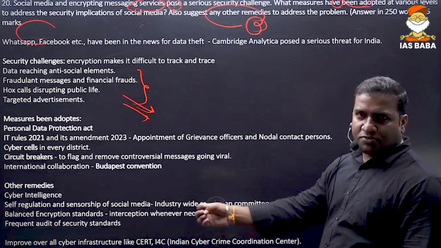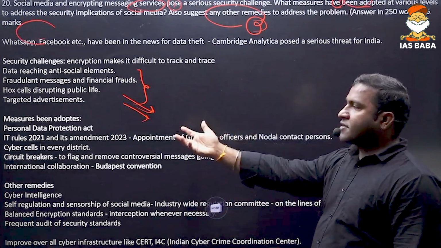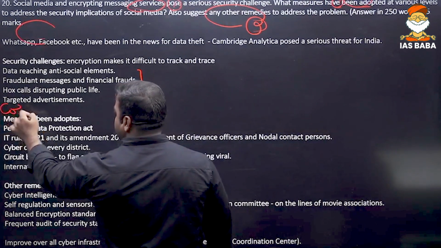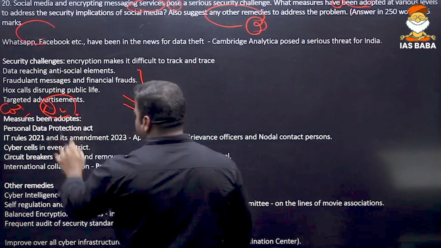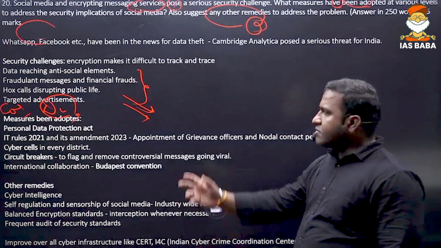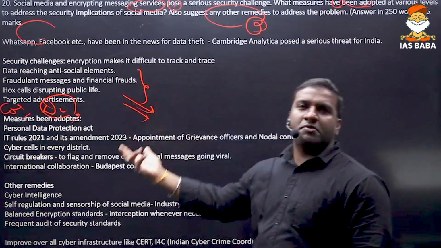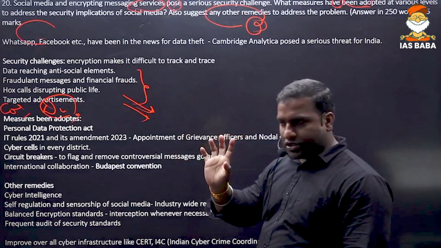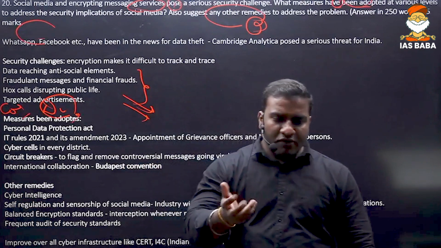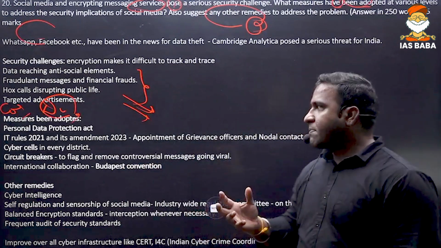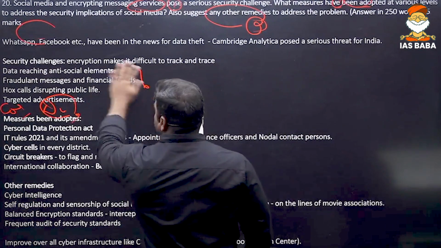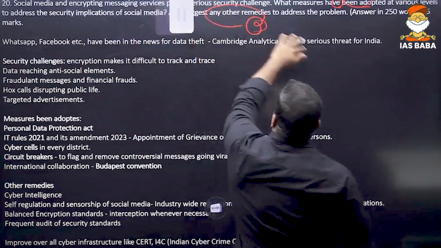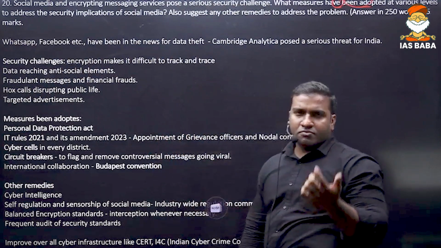And targeted advertisements, and on social media, circulating controversial messages, defaming others. All those things can happen because of social media and encrypted messages. And again the challenge comes: encryption, very difficult to track and trace. If I were to give an example for encryption, the Apple iPhone has a huge security setup. It is unable to break open the software unless you have your thumb or eye scanner,